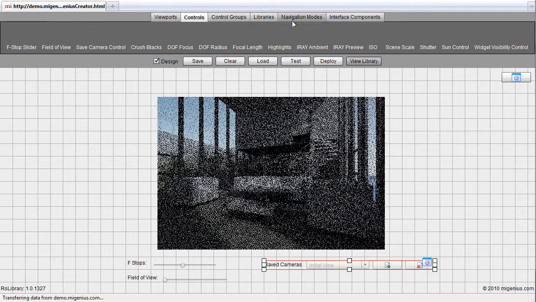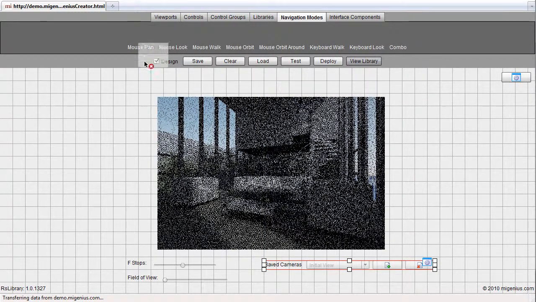Then we simply jump straight to the Navigation Modes button, where we can select various camera movement control functions, starting with the mouse look, the mouse pan, then mouse walk, and finally the mouse orbit around. As we reposition these navigation buttons on our workspace to make the application look neater, we have now already completed our first reality server application website that can now be immediately shared with any number of your friends or colleagues